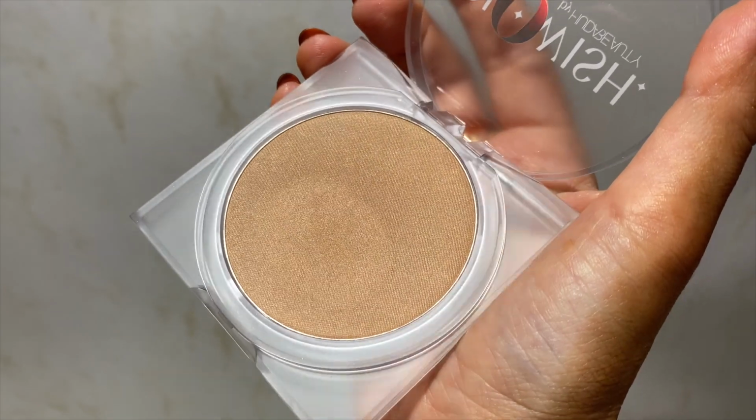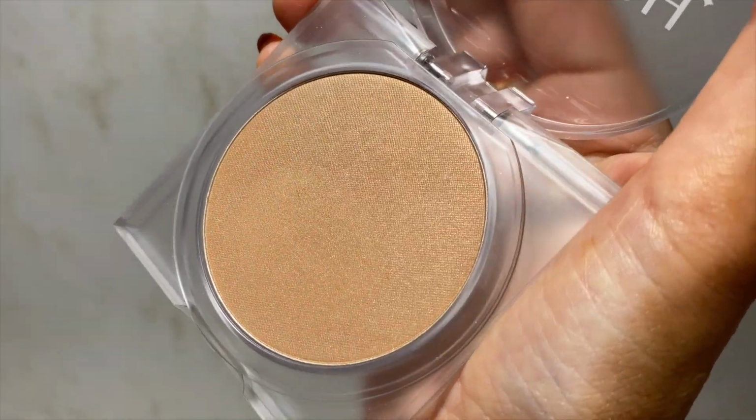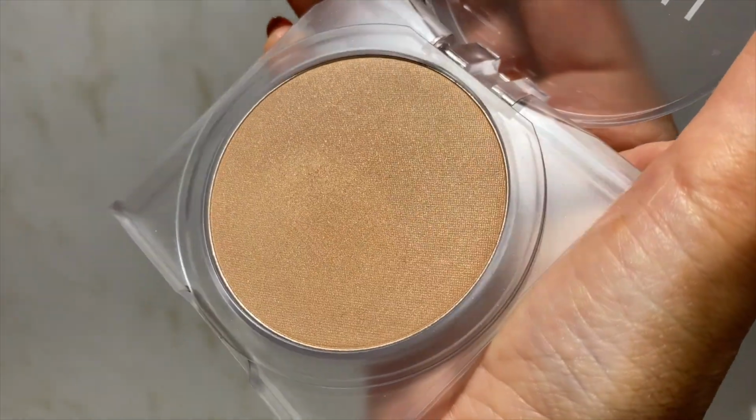After I tried to make it work, I removed it and I applied it with my Bare Minerals Tinted Gel Cream. It just didn't wear very well at all. The finish was so luminous that it was almost metallic, and unfortunately that's just not flattering on most skin types. I mean, I guess it would look good on like a prepubescent child, but for anyone with any type of texture or dry patches or pores or breakouts, it's just not ideal. It makes your texture look worse. Thus, it makes your skin look worse than before. So I'm not a